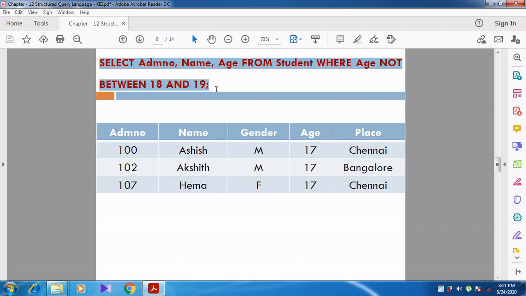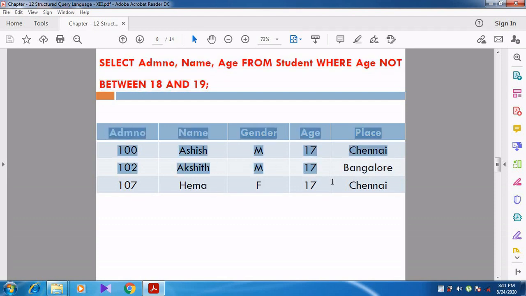Not between 18 and 19 means the students who do not have age 18 or 19, so 17 or 16, or else it may be 20, will be displayed.